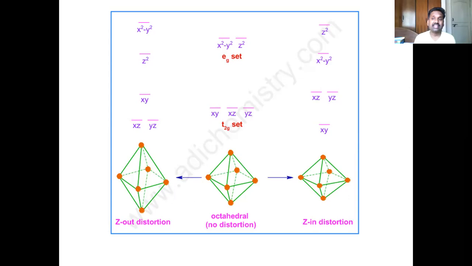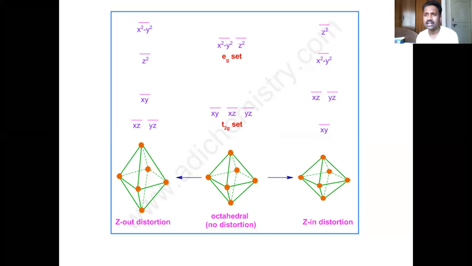In the previous examples we discussed, the octahedral symmetry, the tetrahedral, square planar, all those symmetries, rhombic, the anisotropy was due to the bonding only. The bonding was like that, so that was permanent. But now we are moving on to one more aspect of anisotropy, which is not due to bonding, but rather due to vibrations in the complexes, is it not?